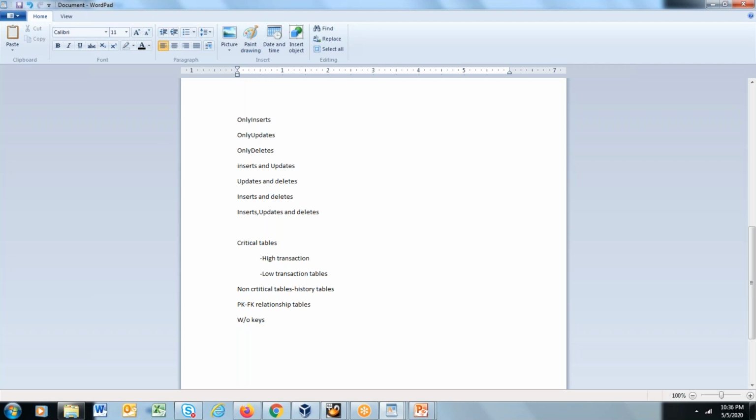So depending on the number of tables you have, you will segregate your critical tables separately. Say you identify that critical tables are 10. Out of these 10 tables, 5 are high transaction tables and 5 are low transaction tables.